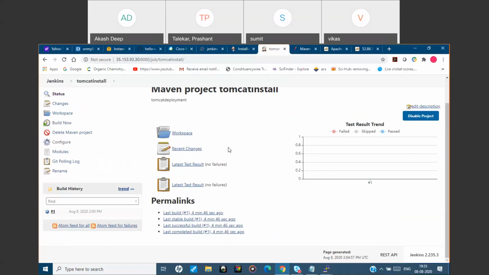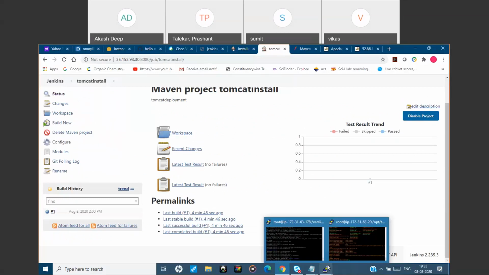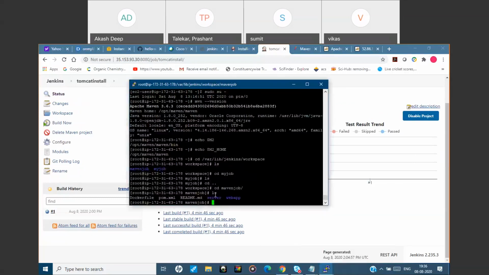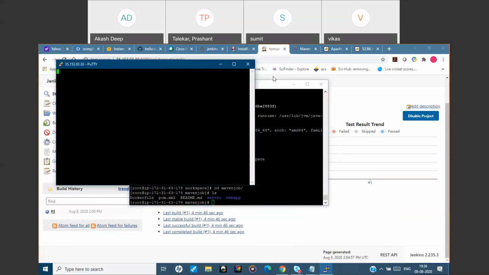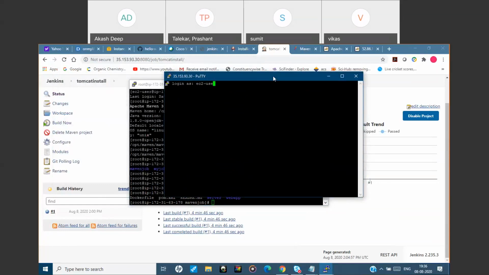So for that we'll make some changes. I will modify some contents in that file, index.jsp, and we'll send that file to the GitHub repo, and after 1 minute we'll see whether our changes are getting affected or not. So we'll duplicate it to user,